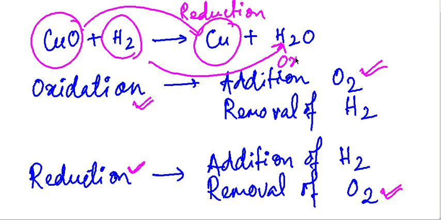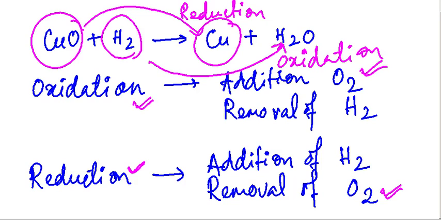So oxidation is taking place over here. In other words, copper oxide has undergone reduction and hydrogen has undergone oxidation. This is how we identify oxidation and reduction